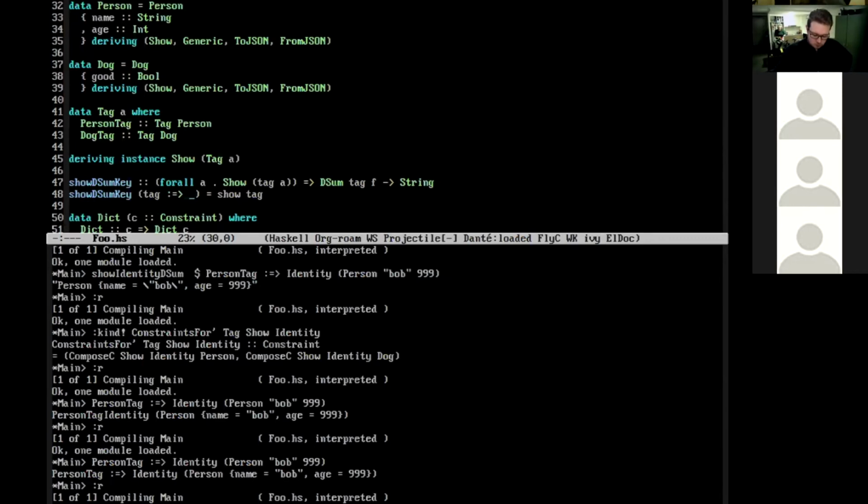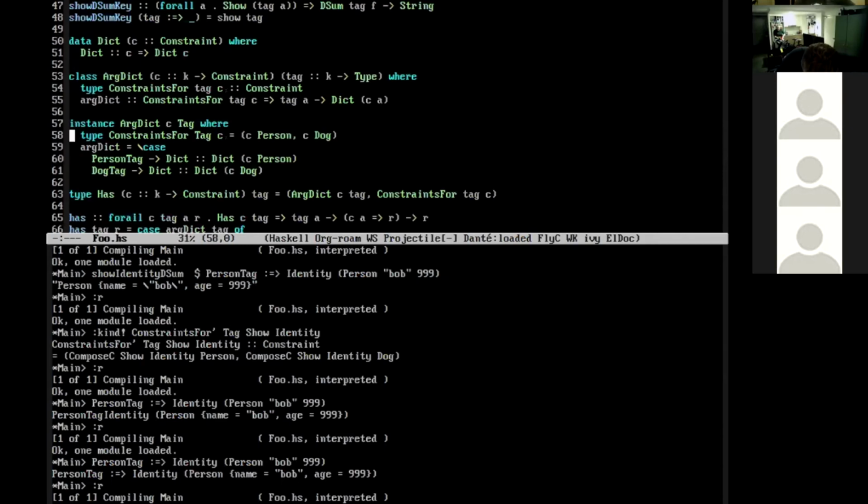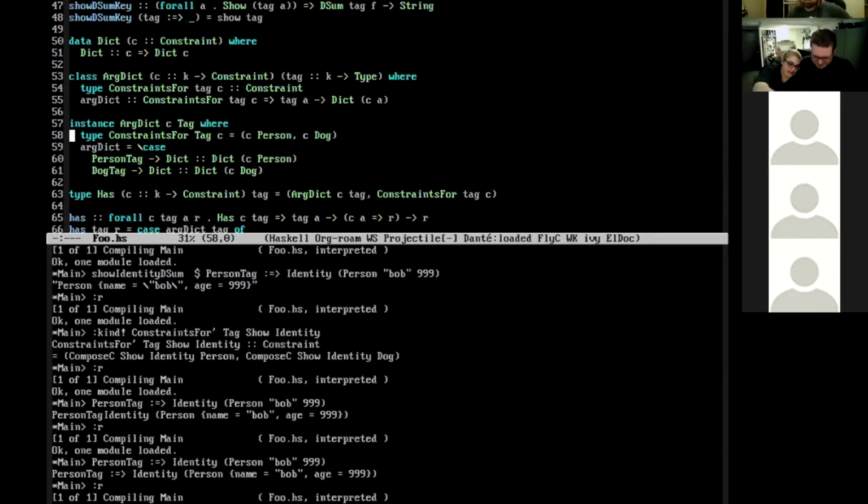And so this lets you get a bit of extra type safety. And once you have this sort of machinery, you can do your type classy stuff across your dependent sums and maps much more easily than you would otherwise. And you don't have to restrict yourself to ad hoc instances for just the tags and classes, the tags and functors that you're working with.